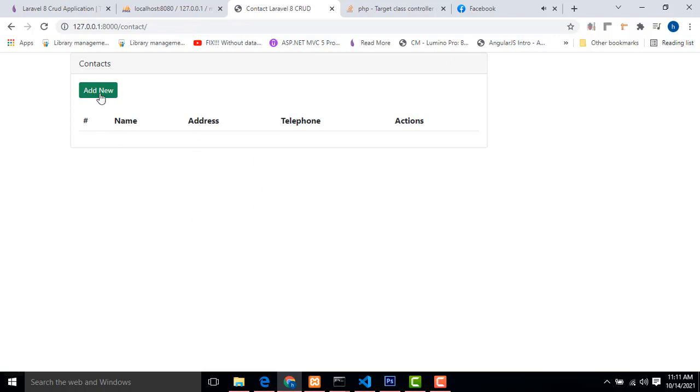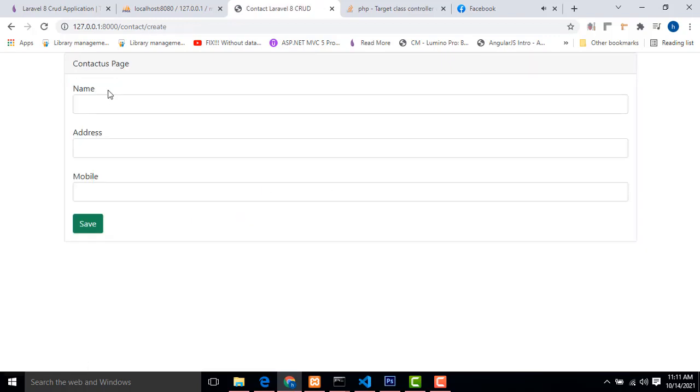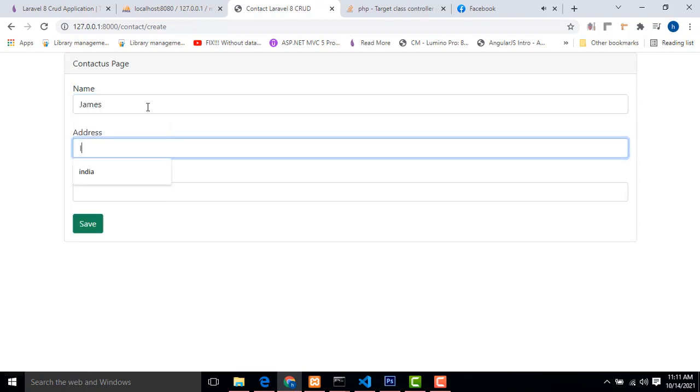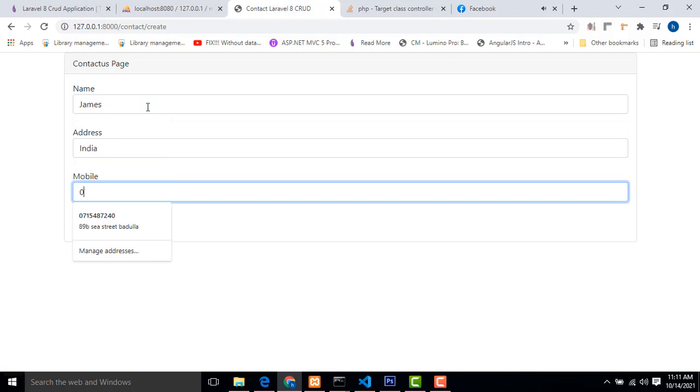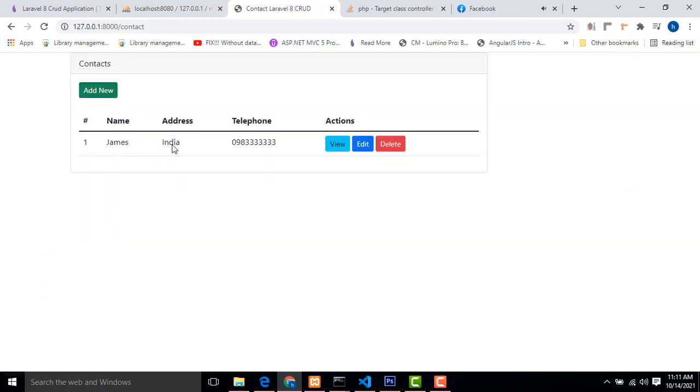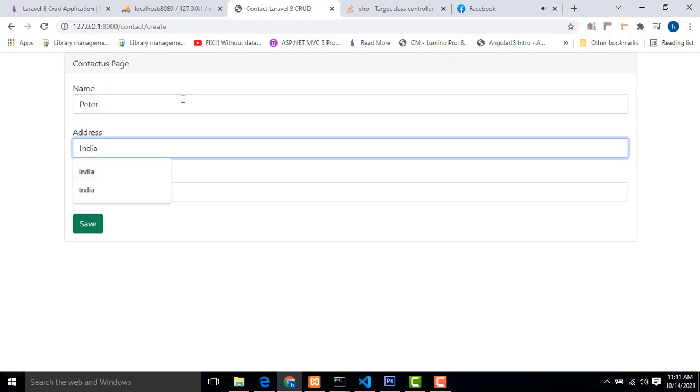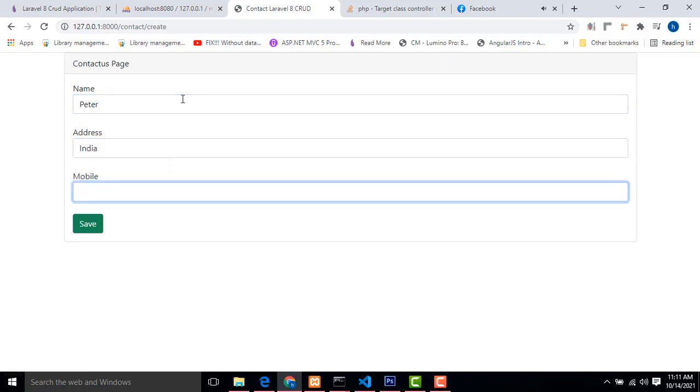It's working perfectly well. Now let's go to add a new record. Here it's added. I'm going to add John James, address India, mobile number something like that. Hit the save button. It's working perfectly well. To add a new record, say Peter, India, mobile number something like that, hit save.